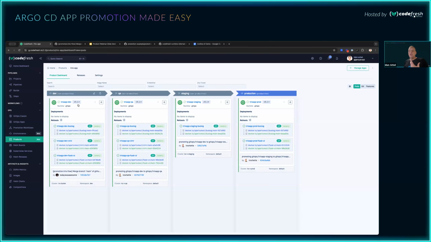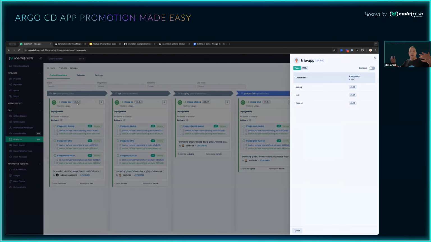Now, when you are using Helm, we have another feature, which is the ability to see all the dependencies of the chart and their versions as well. So if you look here, this Trio app is comprised of three different dependencies, bus log, control, and Flask, and you can see their individual versions. Now that's nice,